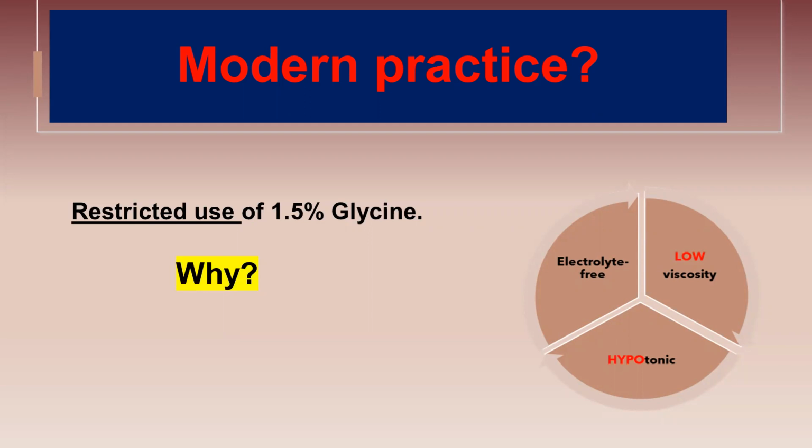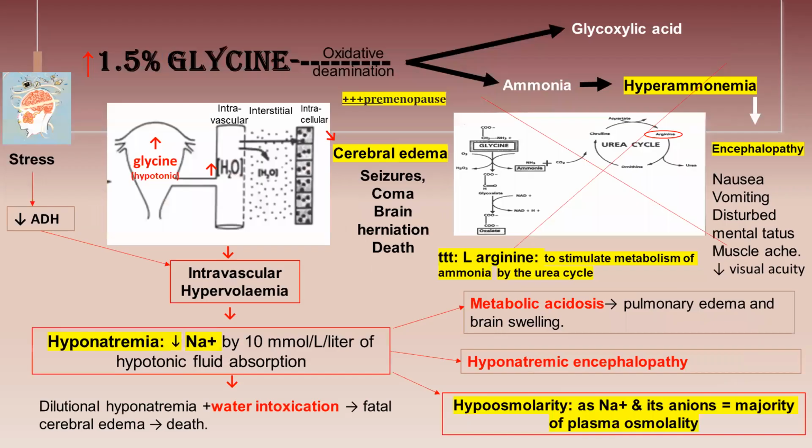We used 1.5% glycine for a long time because of the advantage of electrolyte-free availability and cheap price. And so this fluid is going back nowadays, and we don't use it too frequently in our daily practice due to the following problems of glycine. In this slide, I tried to summarize the serious effects of glycine when used for distension